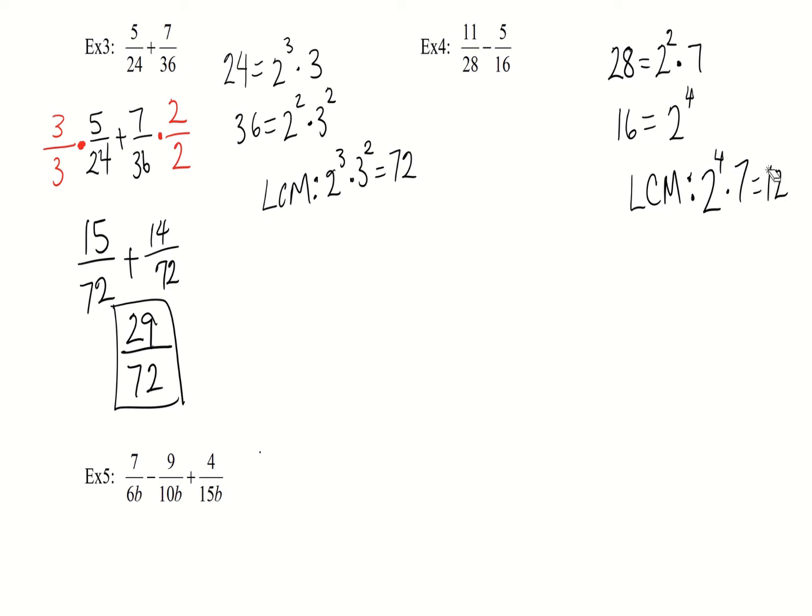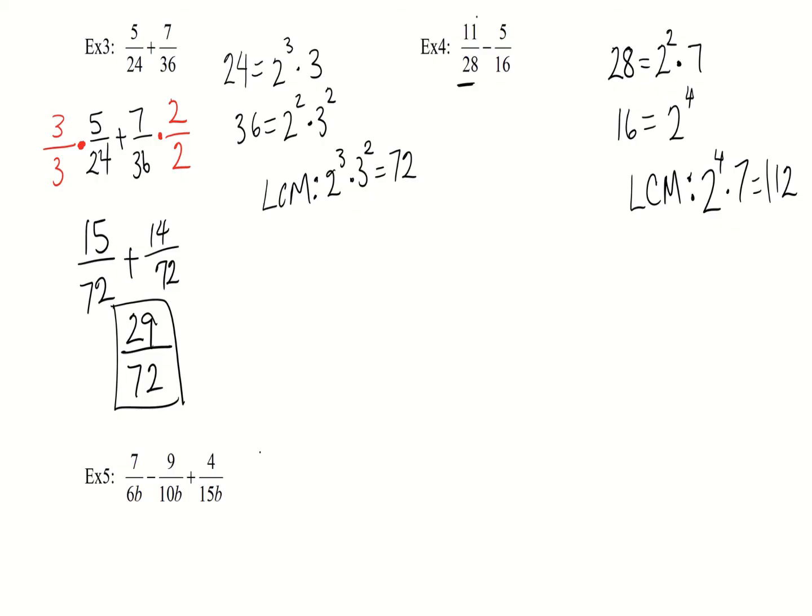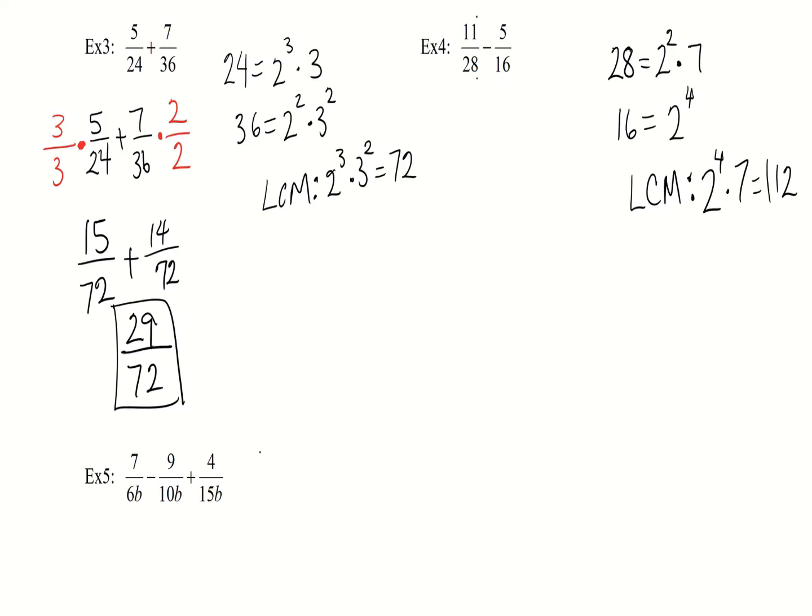So 112 is our least common denominator. And we'll multiply by the missing factors here for each one. So in the first fraction, 28 is missing the factor of 4 for it to be 112. 28 times 4 will give us 112. And for 16, we're missing the factor of 7. So